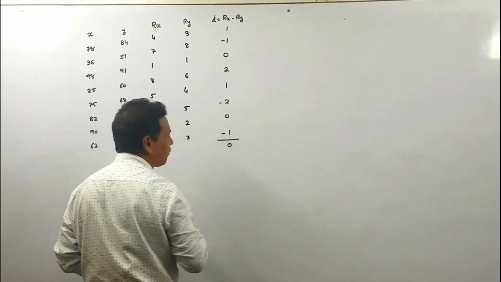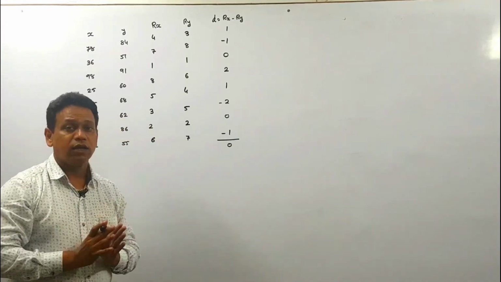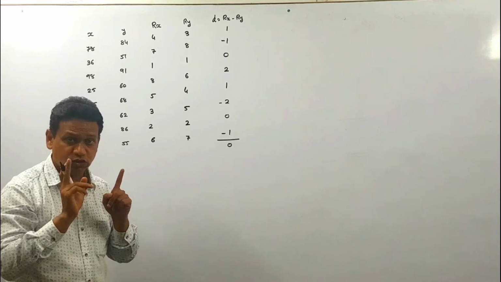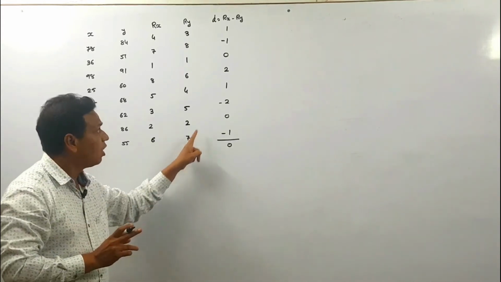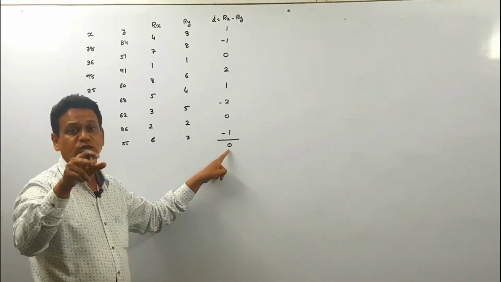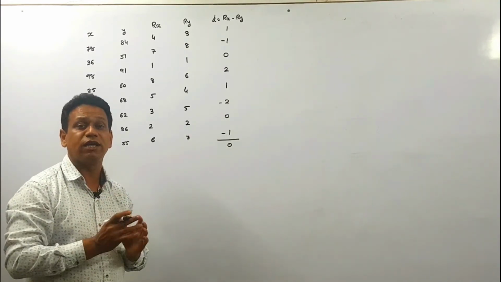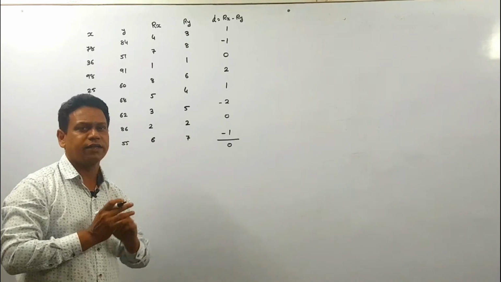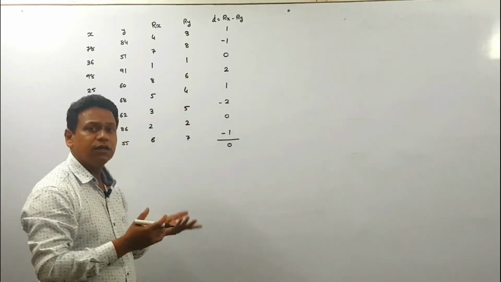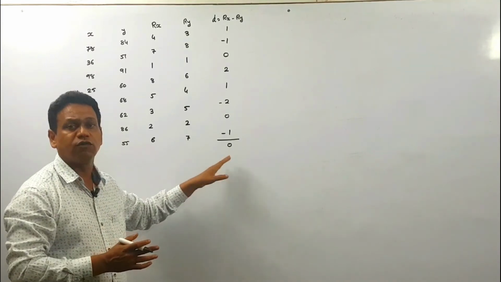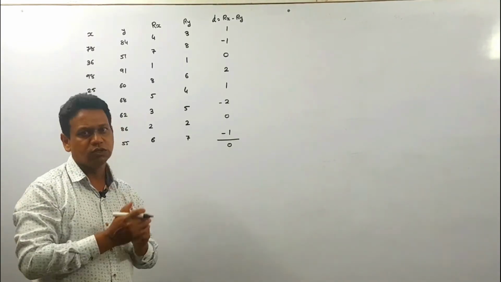And remember, my dear friends, if there are no mistakes in assigning ranks, our sum of the differences always comes out 0. If it is not 0, it is proven that we have made mistakes in assigning ranks, or maybe in getting the differences. So we have to find out our mistakes and correct them, then move to solve the questions.